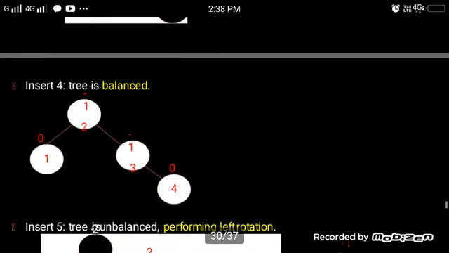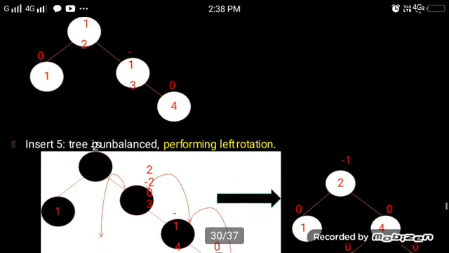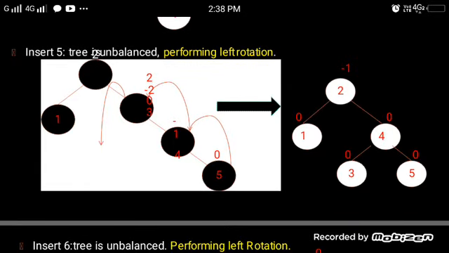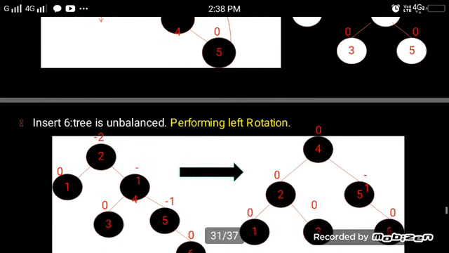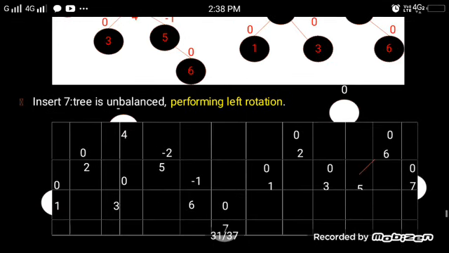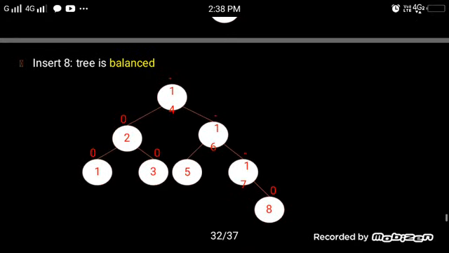And the tree is balanced, with balancing factors of 1 and 1, and 4 will be there. Then, for the unbalanced tree, performing a left rotation, we take the same subtree above, where 2 has two subtrees and 4 has two subtrees. In the left rotation, the balance factors are 0, 0 and -1 as shown in the figure, and performing the left rotation on the above figure gives the following chart.